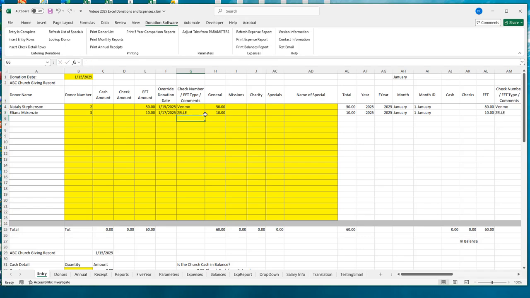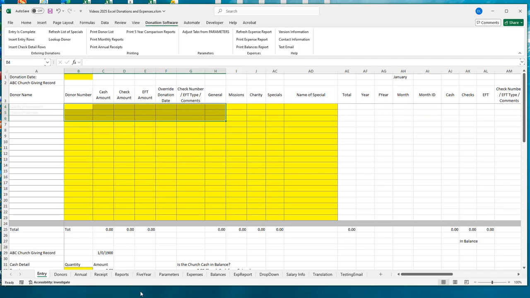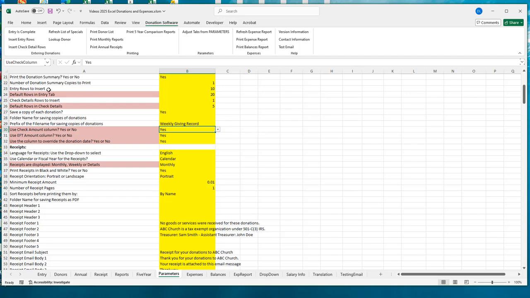And so that kind of a concept would make a lot of sense. So you can put them all in at one time, identifying whether they came from Venmo, Zelle, Cash App, Tithely. There's a variety of different ways to do that, or credit card. But just waiting to the end of the month and doing all of the online donations at one time, that's another good use of this override column. All right, and that takes care of everything related to the